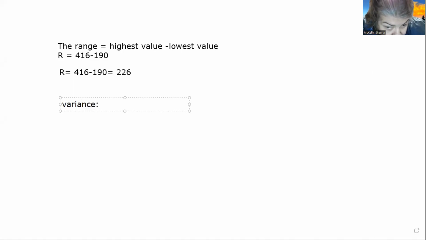Okay, so the variance is our next piece of this. And I'm going to write the formula. So S squared is equal to the formula that you've been given here is